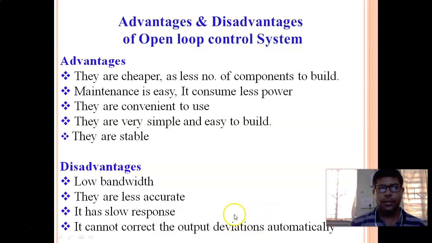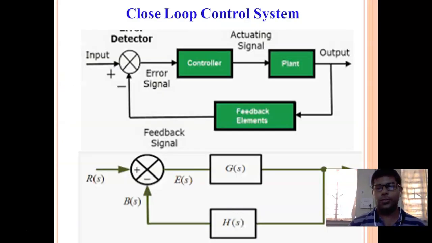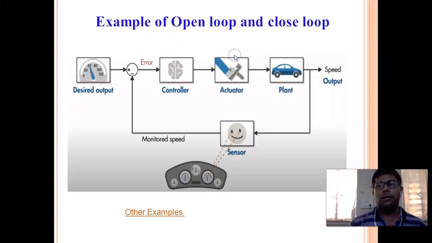It is a big drawback, and due to this only we will move towards closed loop control systems. So this is a block diagram of closed loop control systems. This is a schematic one. You can see that we are applying input to the error detector, and there are three components: controller, plant, and